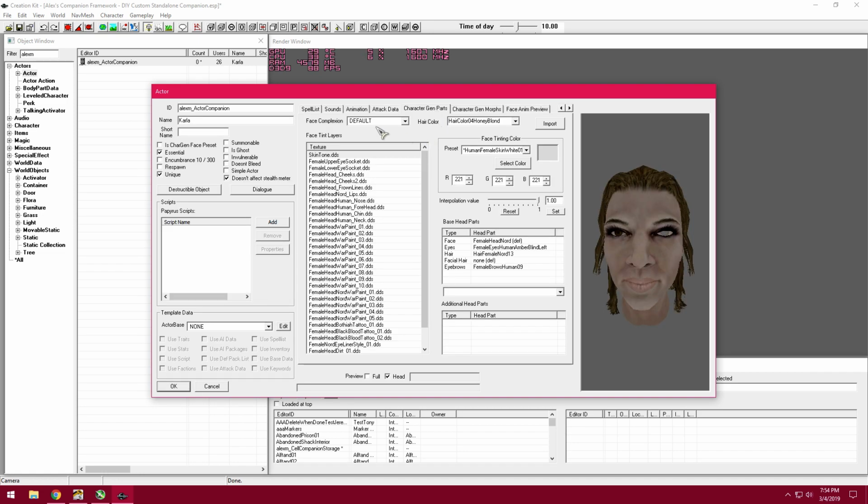Now, the last thing I'm going to cover in this video is how you can import the face of your player character in the game. So what I recommend is you open up Skyrim, you make a new game, and you create a new character. And don't delete your old one, of course, just make a new save file for this one, and then name your character whatever you want, okay? And then after you have made the character,